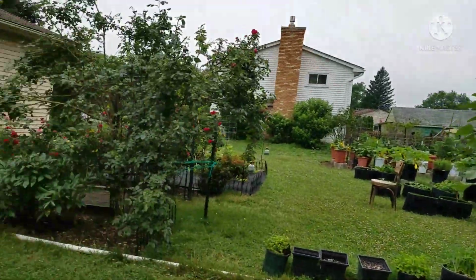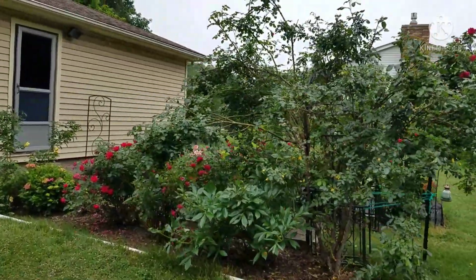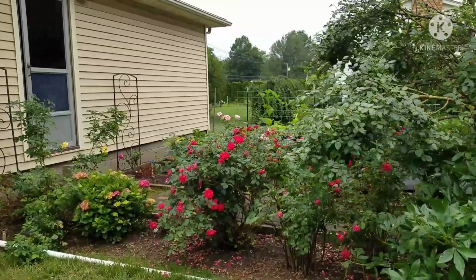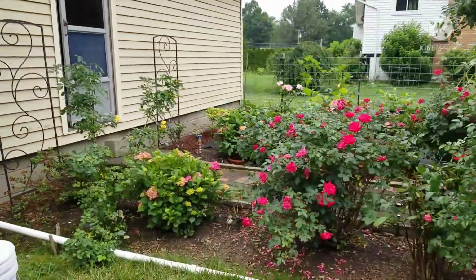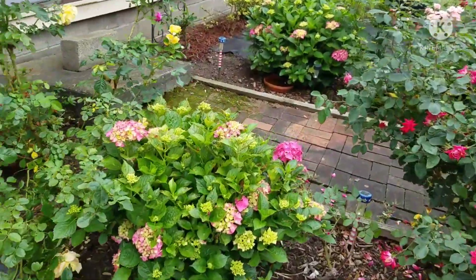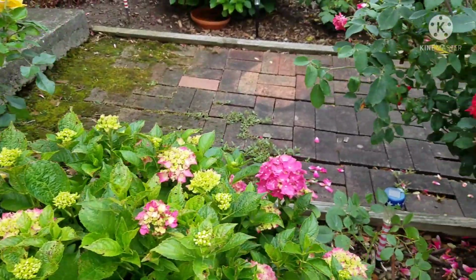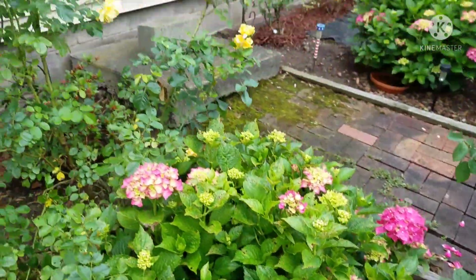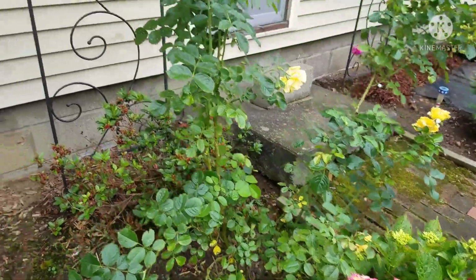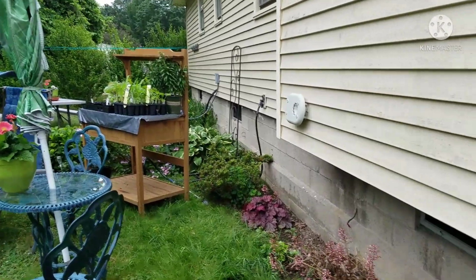All right, so let me turn around here. We're gonna walk this way. That's the arbor. Then we have the knockouts. And then I just want to go a little closer to this. I love these hydrangea. Now here's another one. See, I tried to do the same thing in each bed across from each other, but they're each a little different. This one has yellow rose in it. And there's another azalea. And then this is the row of azaleas that I was talking about with the, I think